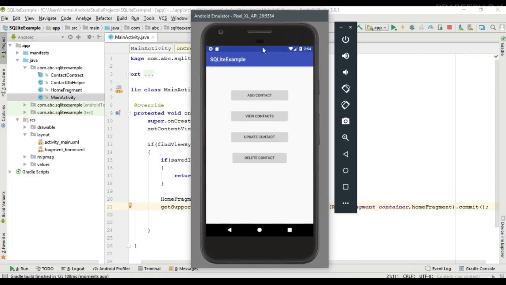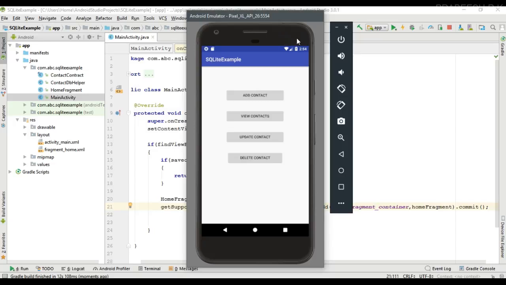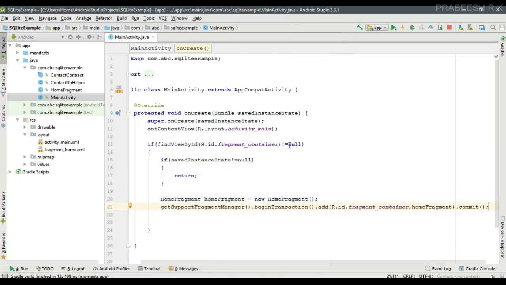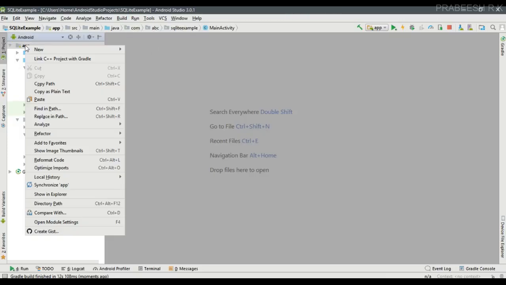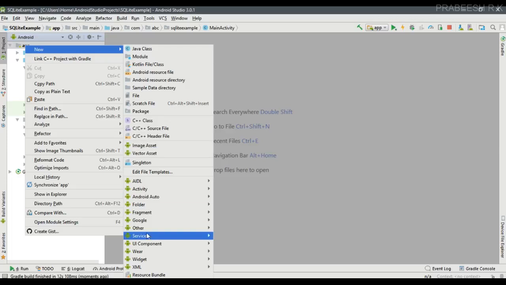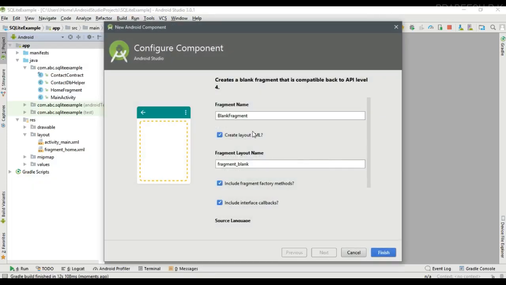Okay, now the application is available on this virtual device. Inside main activity, we load the home fragment. Now, to add information into a table, we have to create another fragment. So here I am going to add another fragment, create a blank fragment, and specify the fragment class name,